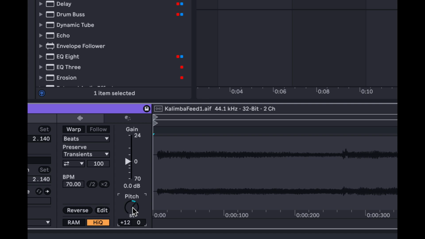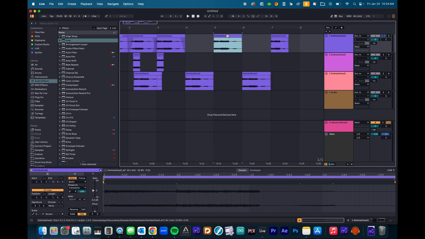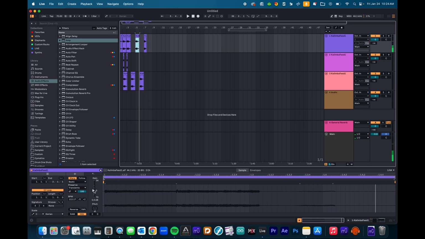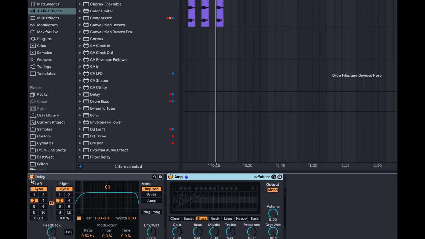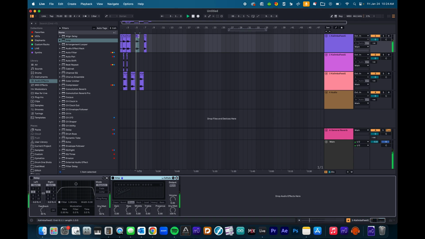Now, you can get really cool results from making this very high and doing some weird, funky things with your sounds. Experiment with it. There's no wrong answer. It partly just depends on what you're trying to do. So, for instance, if I solo this single kalimba sound, let me turn that delay off too. So I'm going to go over to the kalimba track, turn off the delay, turn off this amp. If we hear that again,